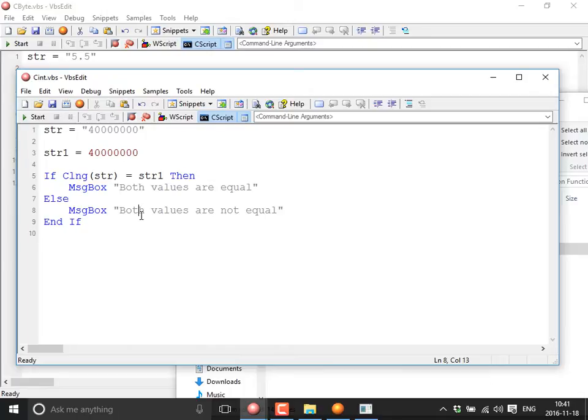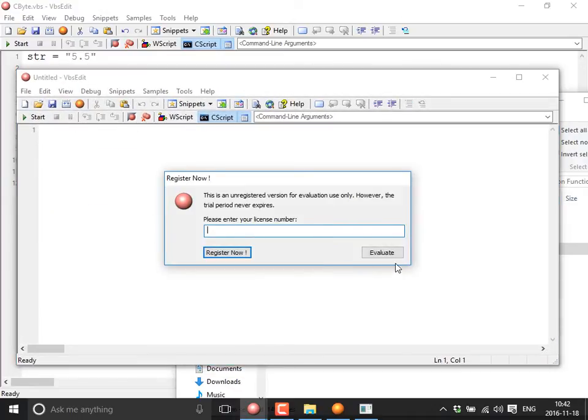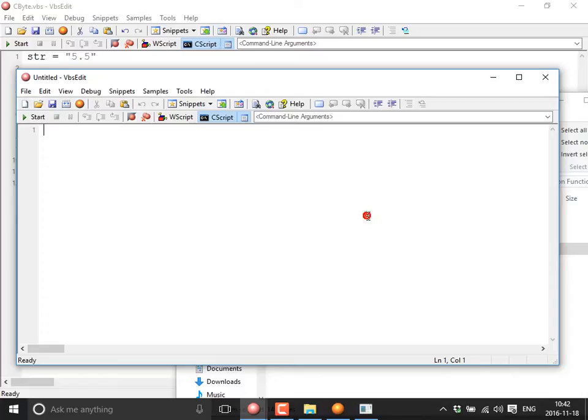In other languages you have float and you have double, depending on the size of the numbers. But in VBScript, float and double are mixed, so you call it a double. Whenever it contains decimals, it will be taken as a double value. Now in case you say I should not round the number, I have to take it without rounding it, then you say like: